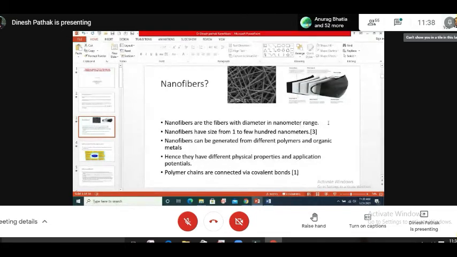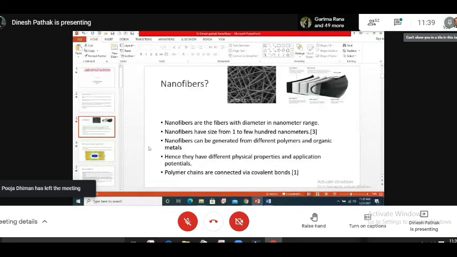If we need to stop the virus and bacteria, we can have that desired porosity, smaller than the size of the virus. So we can make an air filter mask, virus filter mask, or water filter. We can use the nanofibers for water filtration, and in batteries as a battery separator. So there are plenty of applications of nanofibers.